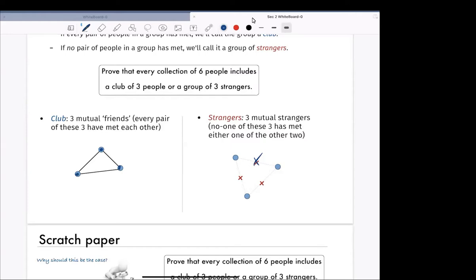Okay, and notice what we're doing already. I haven't even understood the problem. Maybe some of you already have, maybe I haven't yet, but I'm already doodling. That's the most powerful mathematical tool of all time. Doodling, right? You sit down and try to make sense of the problem, okay? People all of a sudden are represented by dots. Knowing or not knowing each other, that relation, is represented by drawing a line or the absence of a line, not drawing a line, right?